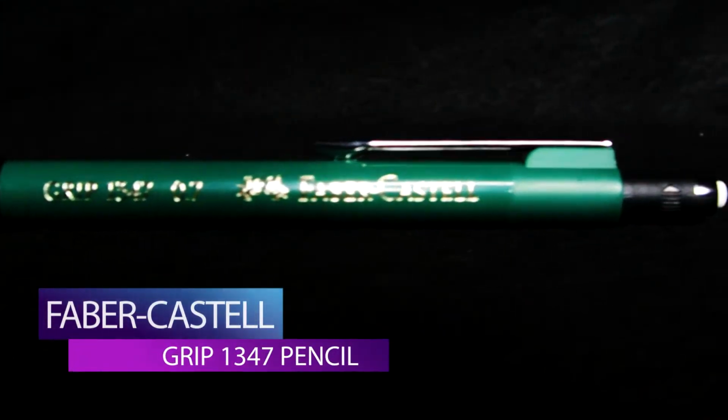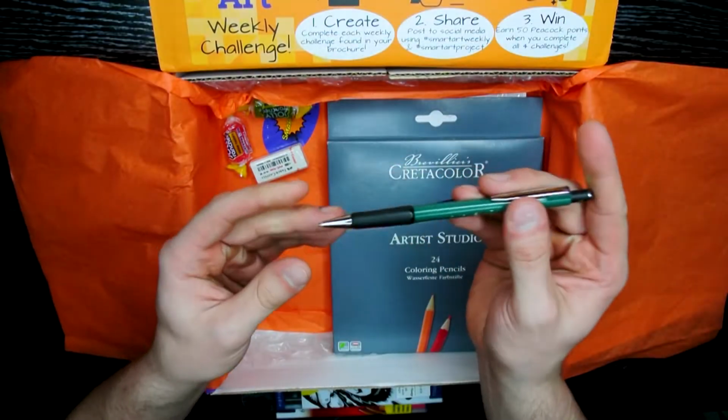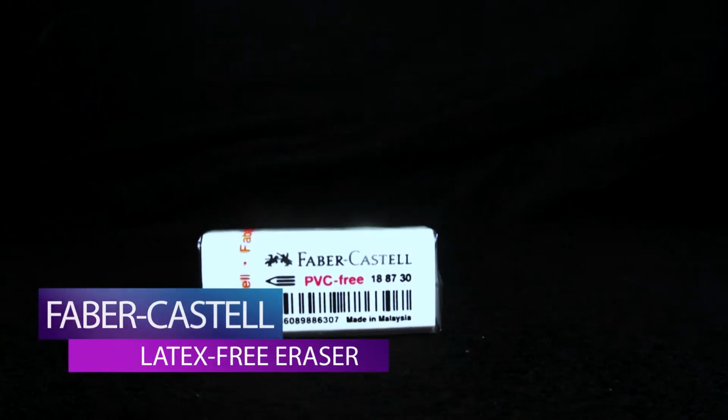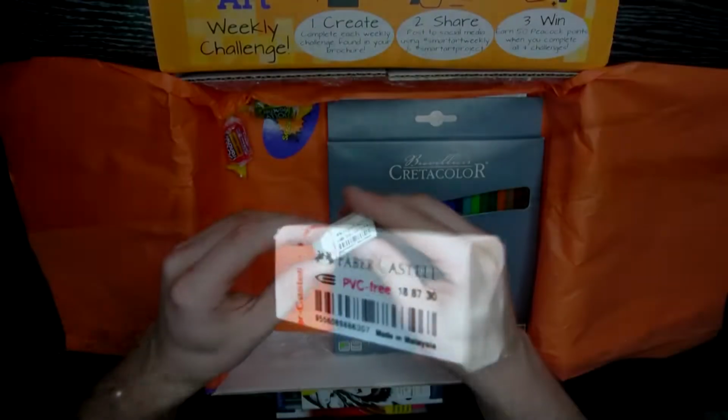This is a very comfortable, sleek pencil with a nifty little twist-out eraser and a fully retractable tip to protect the graphite when you're traveling. And what's a pencil without its eraser? We have here the FABER-CASTELL LATEX-FREE eraser to help remove any line work or mistakes you may make in your